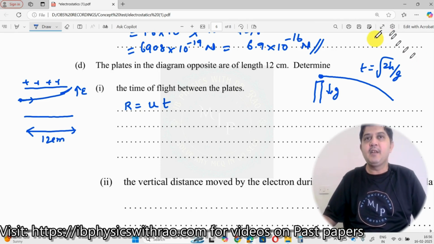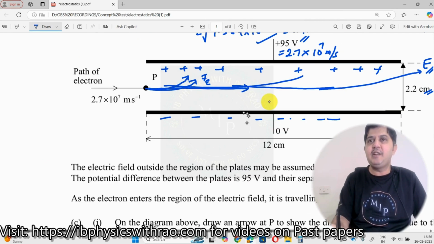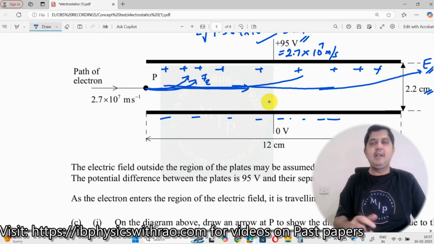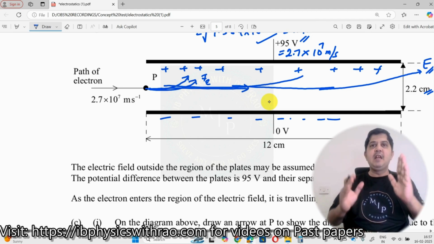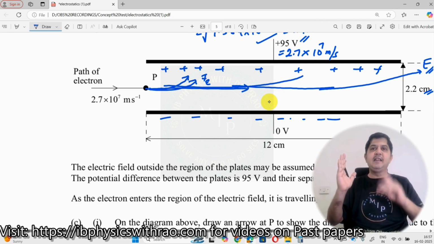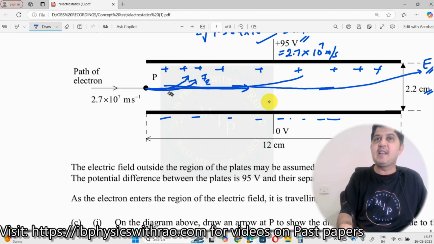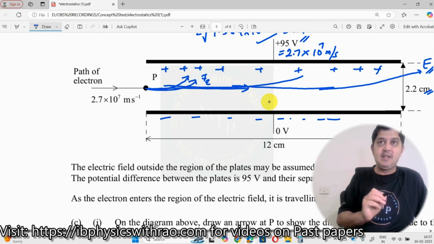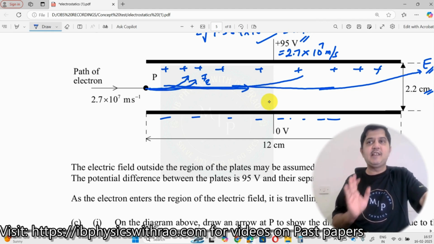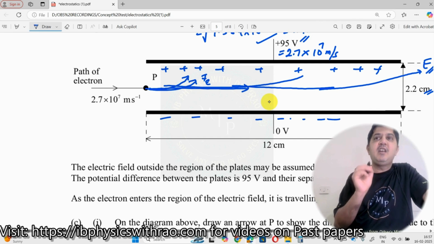Now if you go back over here, how is the electric field? The electric field is like this. Will this electric field affect the horizontal velocity? It will not affect. If it was in this direction, suppose I had kept the electric field like this, in that case it would have pulled the electron's motion. Now it's not happening. This electric field is now going to deviate it like this. It's not asking you the net speed. It's asking you only to, in order to calculate this, we just need only the horizontal velocity.